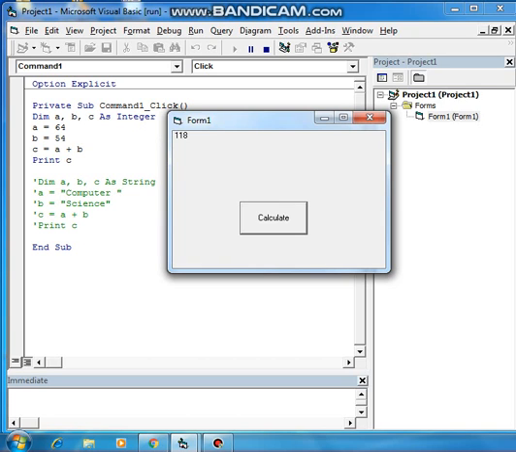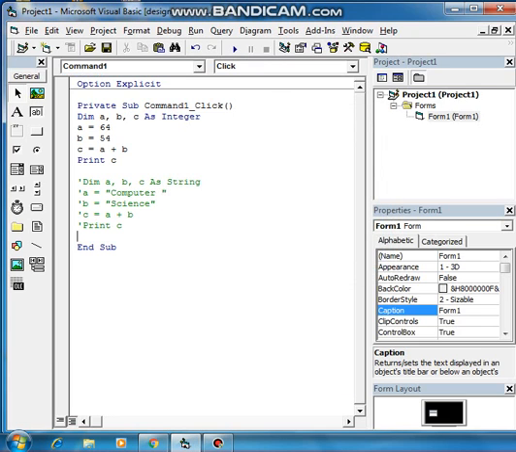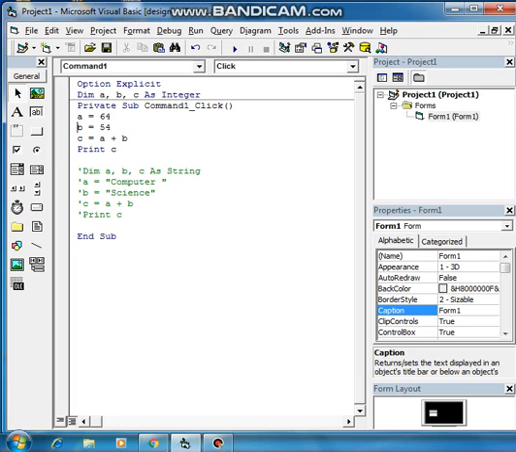Fine students. Now option explicit, you understood. Option explicit means it is required for us once you declare the variable on top or anywhere. The option explicit is written means you are bound to declare the variables always before you use them. So this line is not required for us. Now check.